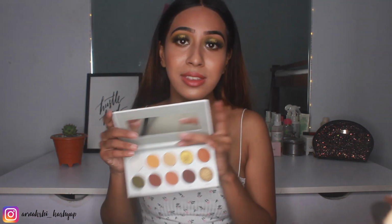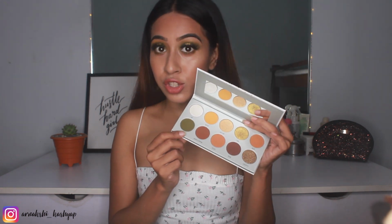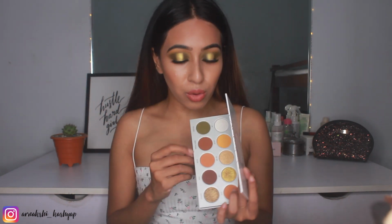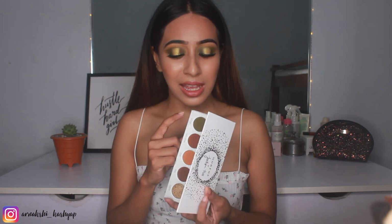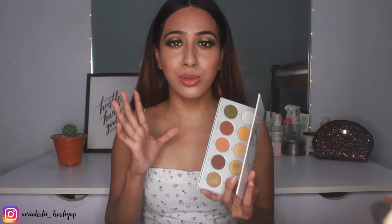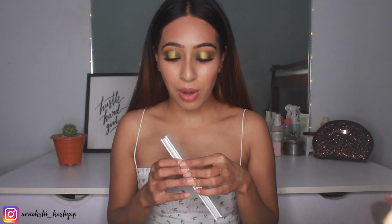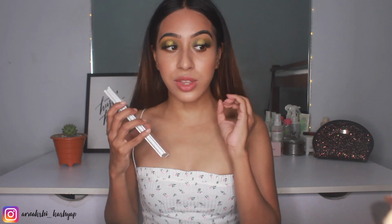So if you want to get this palette just for this shade, do not buy this palette for this shade. I don't know if any brand has this shade. I really want to test out this army green type of shade from any brand, not from Morphe, but from any other brand. But honestly, the problem I had with this shade is not only that it was patchy, but the